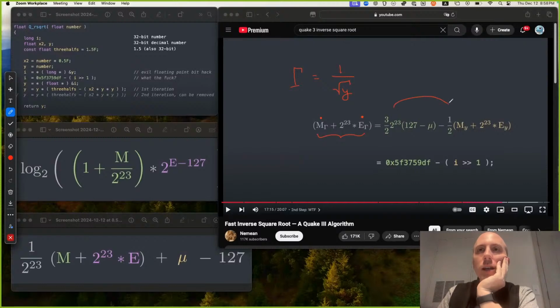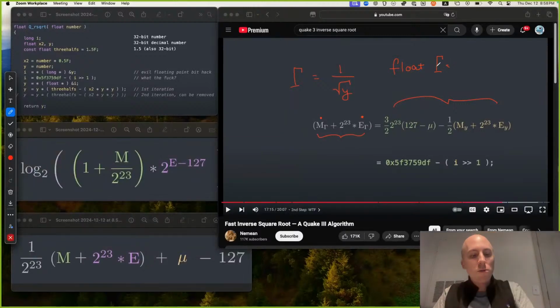So if we just calculate this, and in C we said float of gamma is equal to this expression here, then